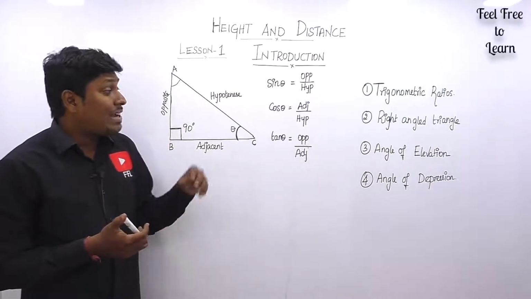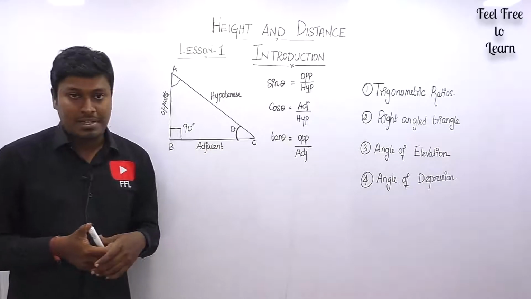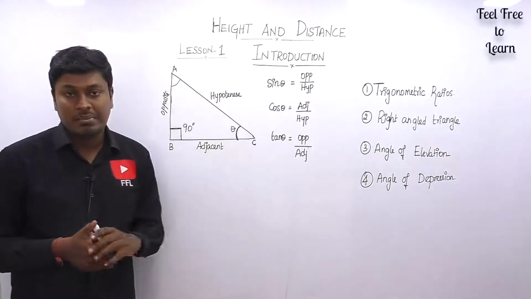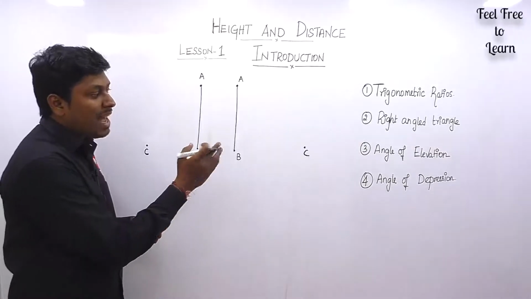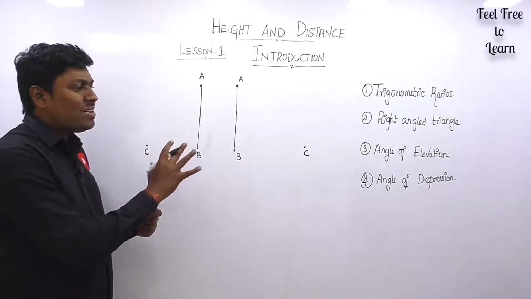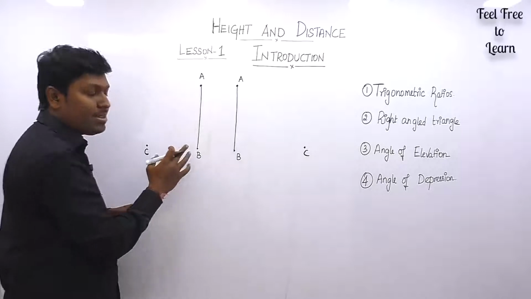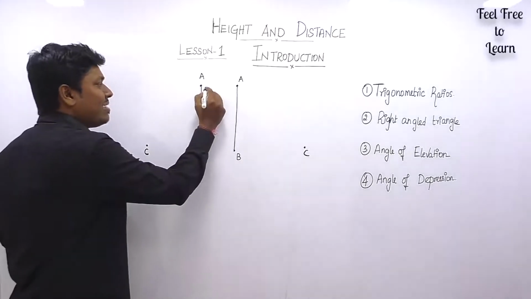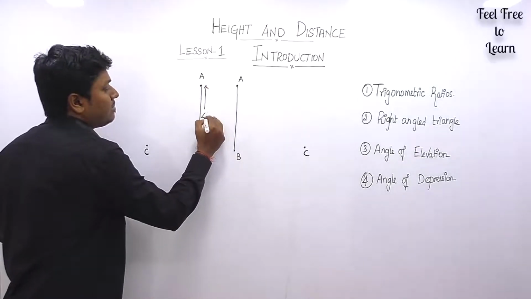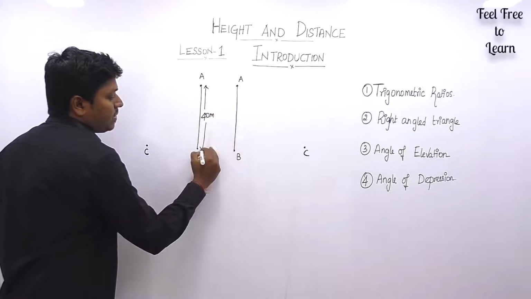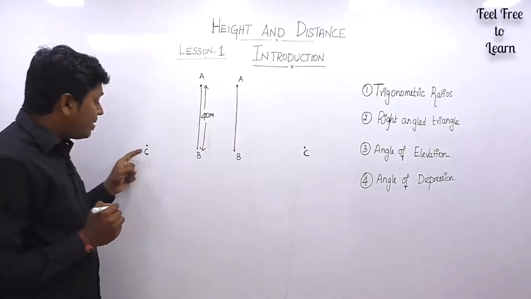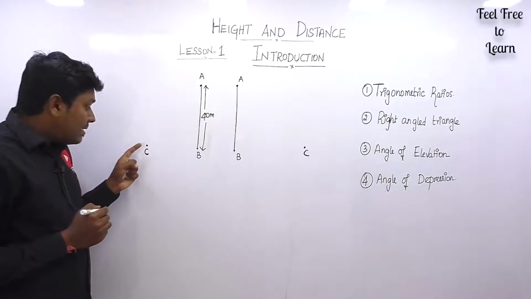So next is angle of elevation and angle of depression. Let me move on to point number 3 and point number 4 now. Point number 3 is angle of elevation. Angle of elevation is nothing but, let me take an example. Assume that AB is the tower, right? The tower height is 40 meters, for an example I am saying. So the height of the tower is 40 meters, and a man is standing at point C, and this man is